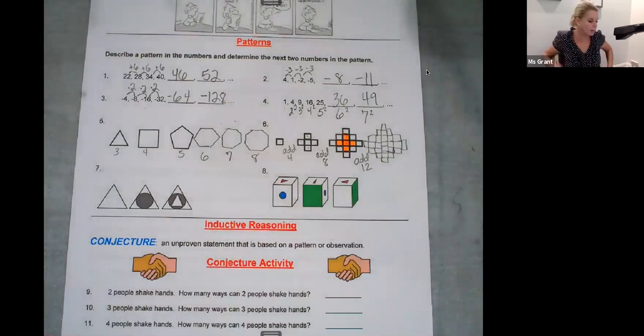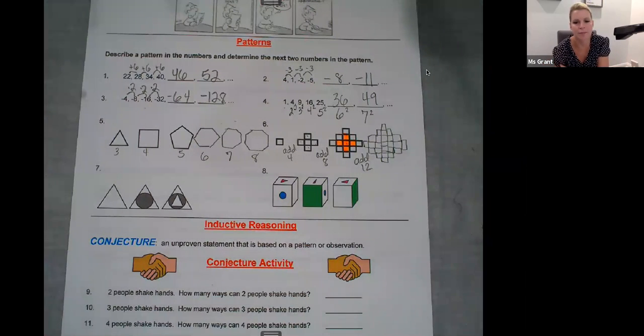Okay, I put mine in color. I got to print mine in color because I think that that helps you. Well, just for number 8. So on number 7,